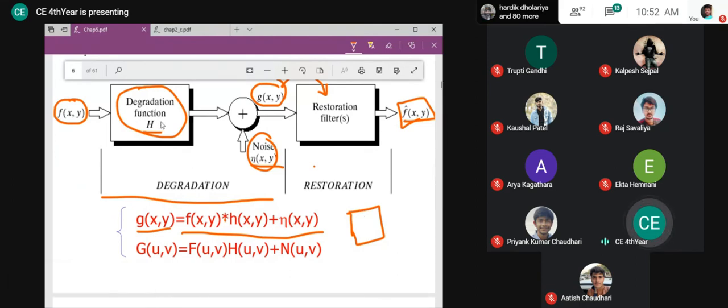So what is the point? Whether it is motion or missing focus or any other degradation function, it can be represented by a small filter, that small window that we have taken in chapter 3. In that way we can simulate any kind of degradation function, and then we have the convolution with the original image. Actually you should feel like the original image was convolved with some blurring impact and some noise was added, and whatever I get is my degraded image. So now what I want is to remove this impact of blurring so that I can get f of xy.